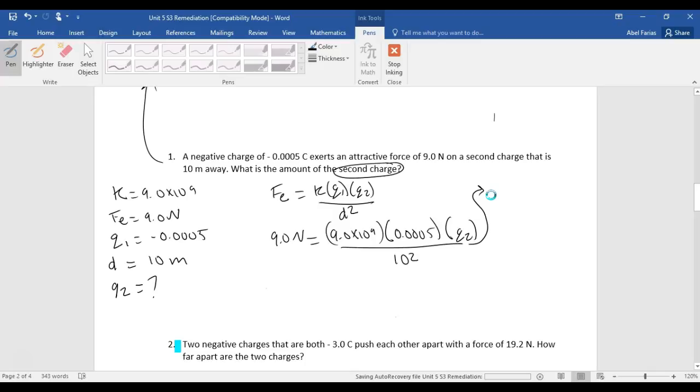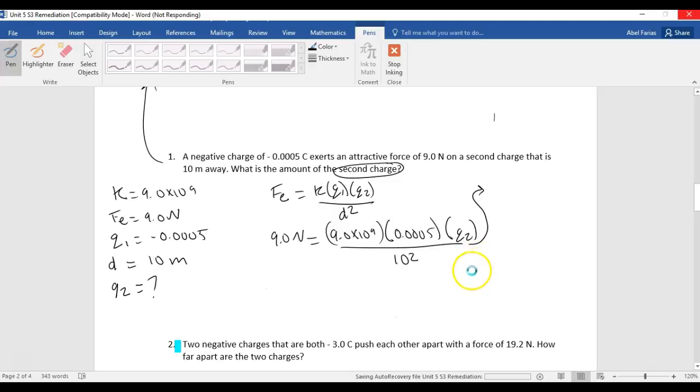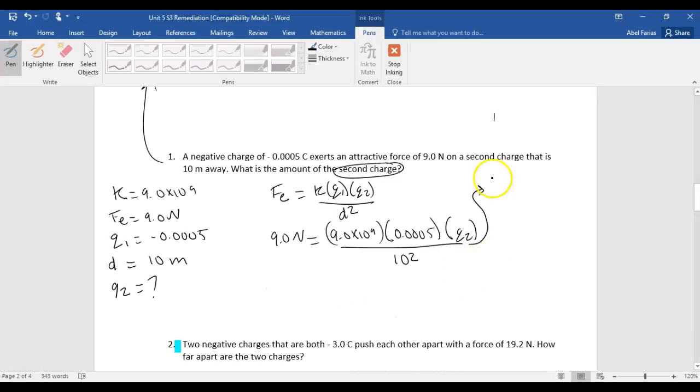So 9.0 times 10 to the 9th times 0.005, you'll get to be 4,500,000 divided by 100. Okay, so now simplifying this, that's just this problem here. Now, Q2 is still part of this problem, so it's 4,500,000 times Q2. Okay, so let's put this back together because we still have force here and then we still have this chunk there. So force is 9.0